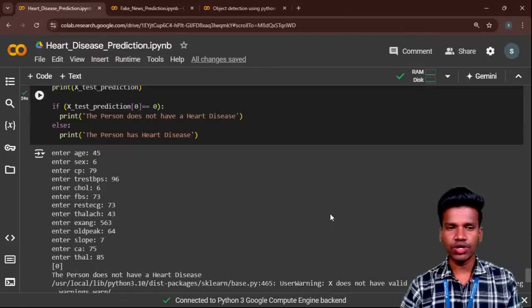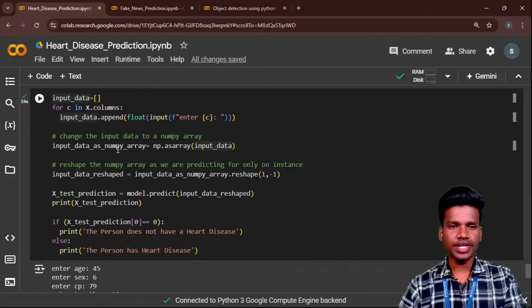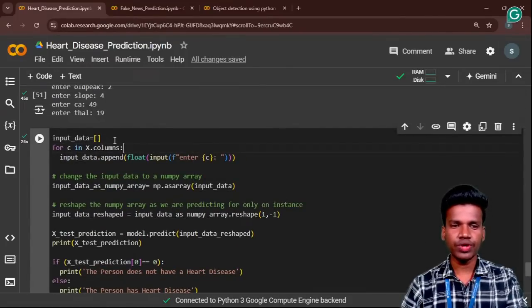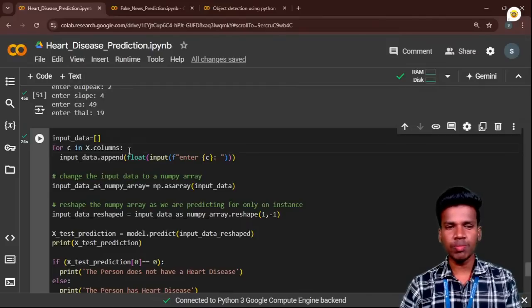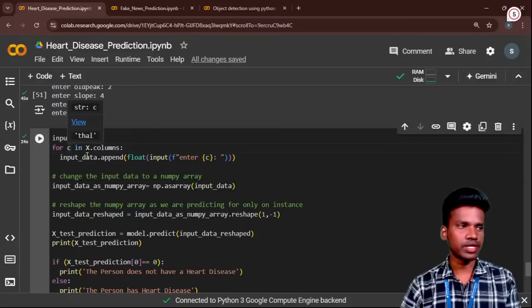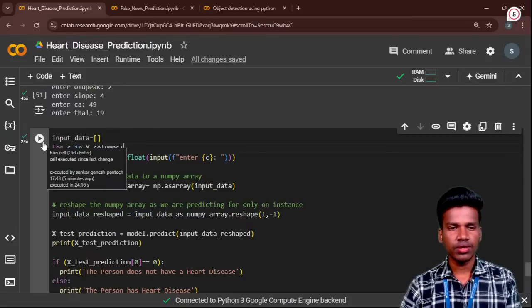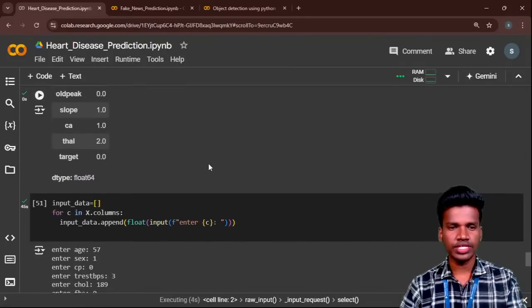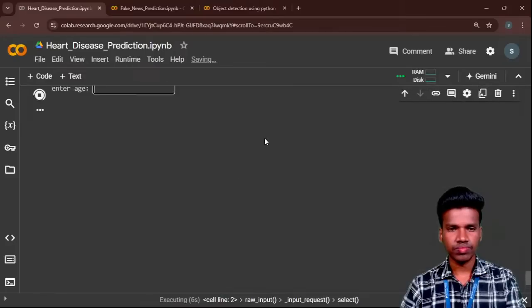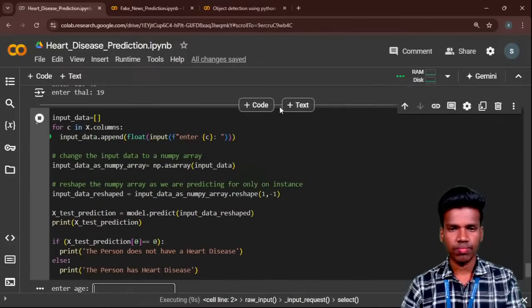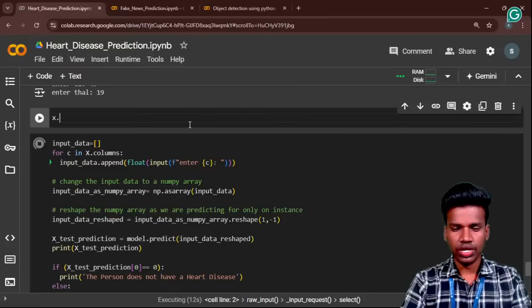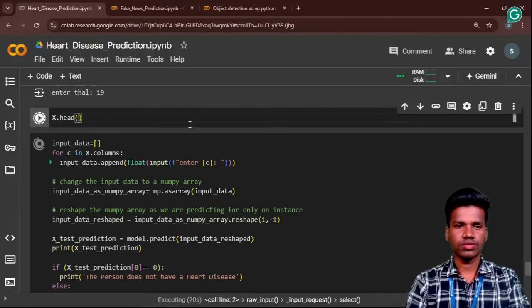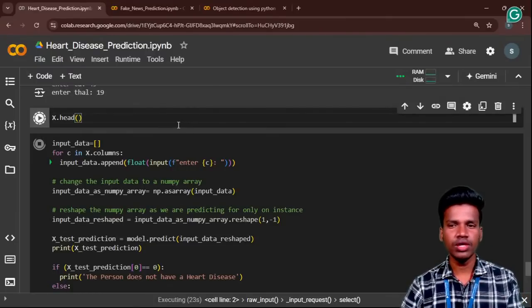Now I will show this example. This is our predicting system. Now I will pass the input data, like looping, which most of the people know. So what is looping and what do we do with looping? Now I run this one. I will give the input one by one. For example, we call head. x.head is one kind of data variable. Now I run this one.